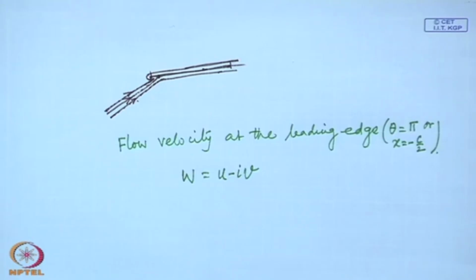See, W equal to q infinity sin alpha minus theta by sin theta, and how much is sin theta? Sin pi is 0. Then if you take the limit, then it is